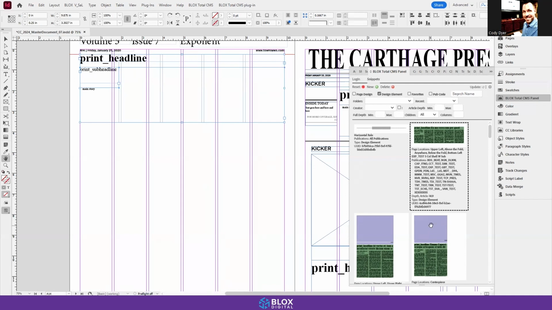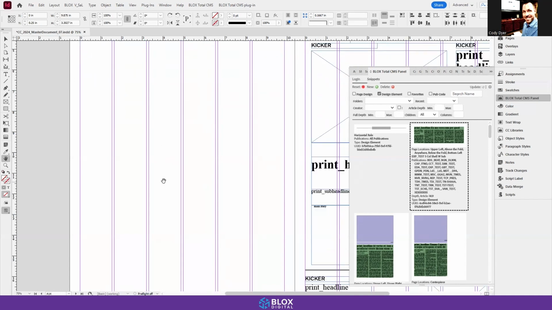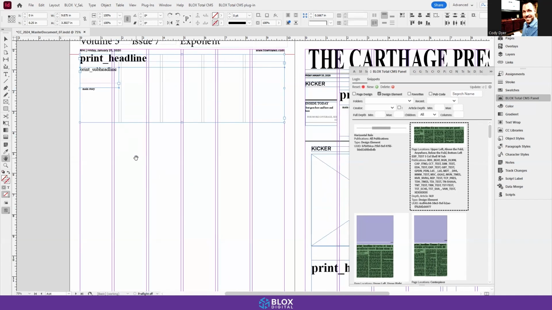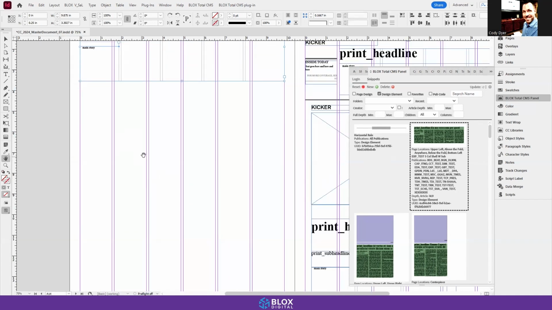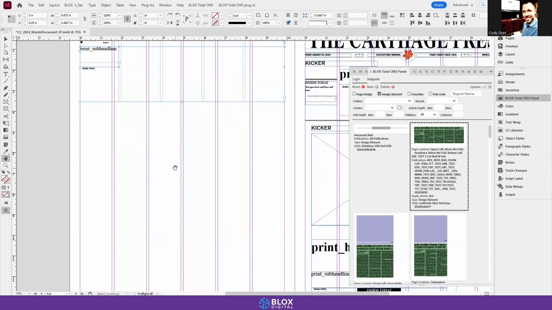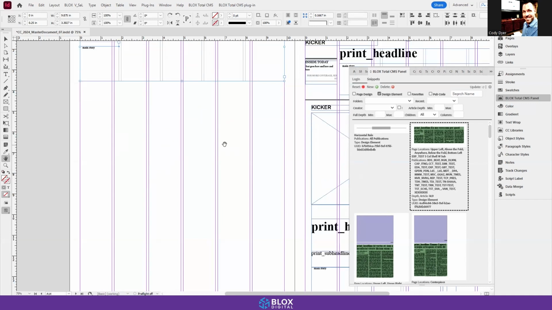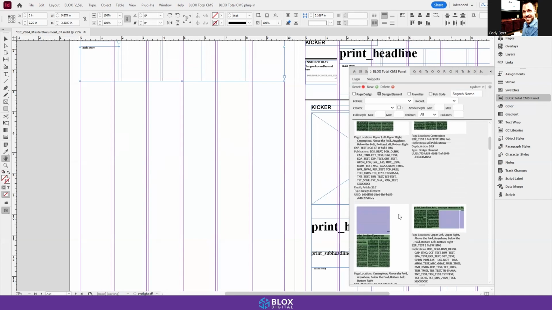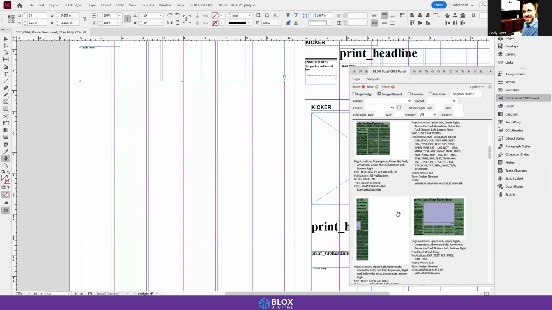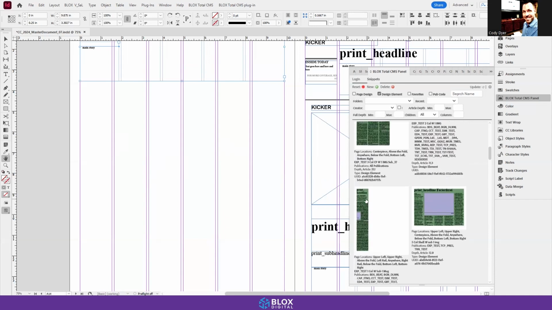Now, one of the other nice benefits of the BLOX Total CMS plugin for Adobe InDesign is you can place multiple snippets in sequence. This feature helps quickly organize several design elements. So for example here, say I was wanting to fill this page out with more design element snippets, story shell design element snippets, so I can start placing content. I'll come over here back to my BLOX Total CMS panel, and I want a